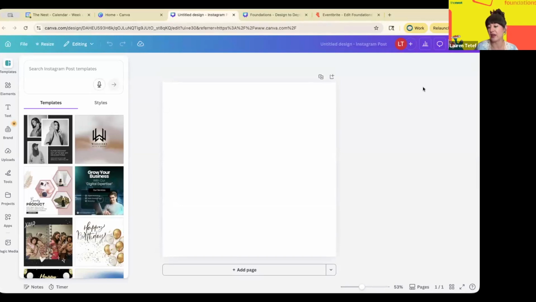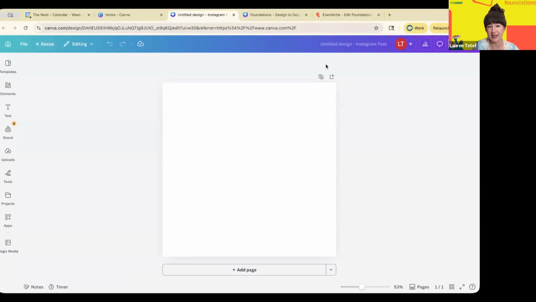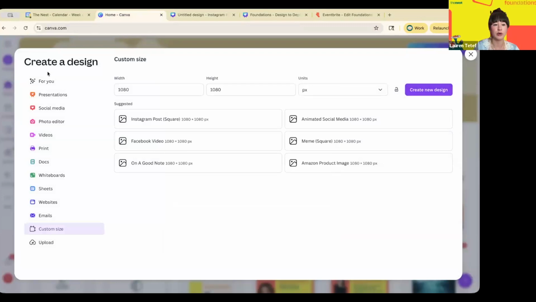And there are a couple of things about size selection. If you decide later that you want to redo a design, you can edit the size. In here, if you are paying for Pro, you can size and copy and resize this design. If you don't have that option, if you don't want to pay for the platform, you can still resize it by opening a new